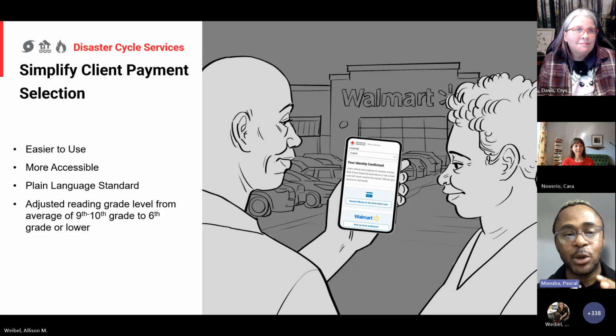We made sure that we simplified text so that it's easier for clients to read, understand, and choose their best payment options. So for these components, I think we rewrote the entire text to help clients quickly and easily understand the information that is really presented. So most of that text edit was done using a trauma-informed approach, where we really ensured that most